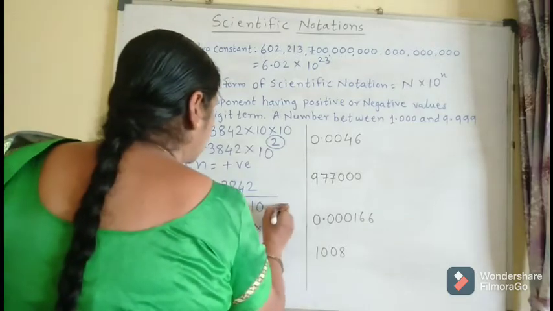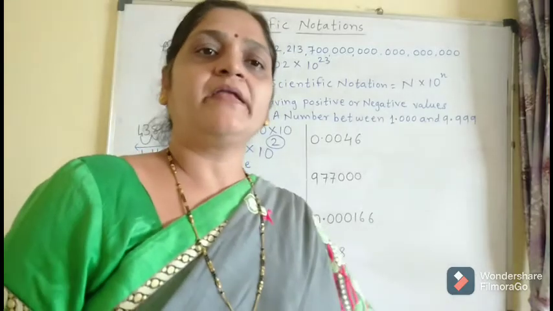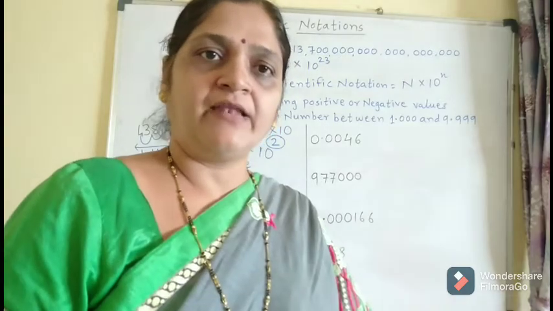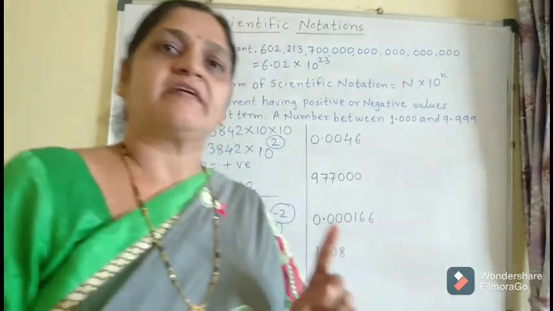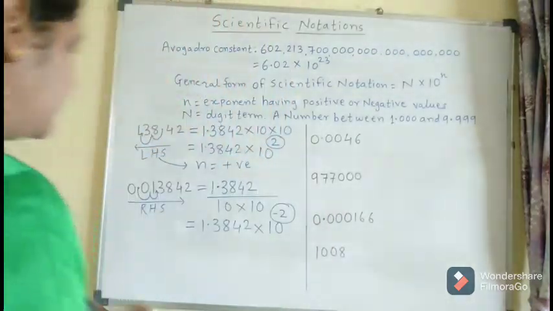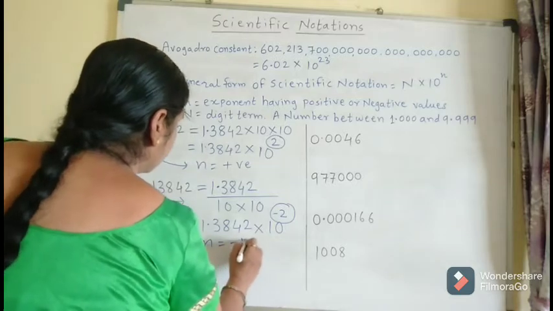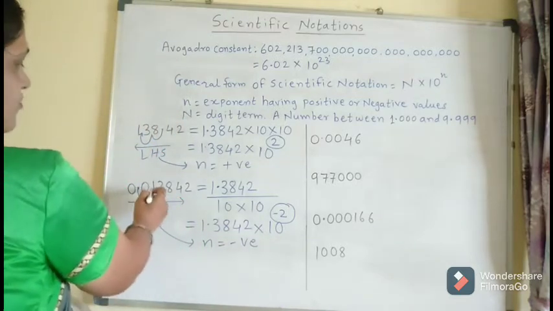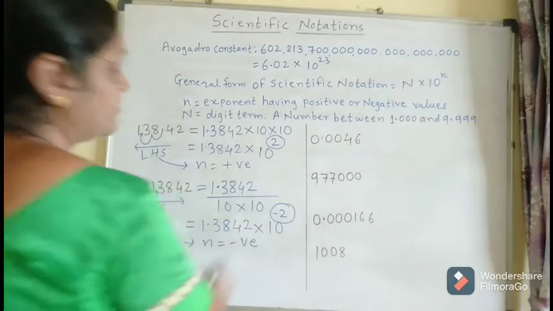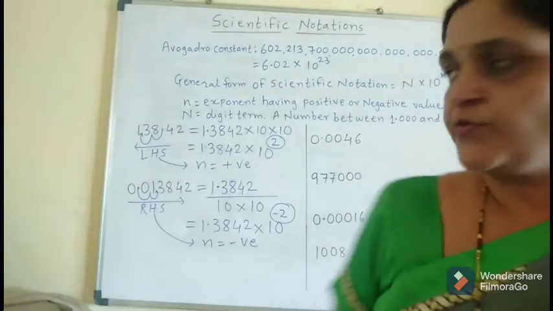So do remember, when you are shifting a decimal point toward the right hand side, however many digits you have shifted the decimal point, that will be your exponent value. And when you are shifting it towards the right hand side, the value of n will be negative. Got my point clear? So here, RHS we are shifting, so the value of n will be negative. So I have shifted here 2 digits towards the RHS, that is why here the exponent value is negative 2. Now some more examples we will do over here.